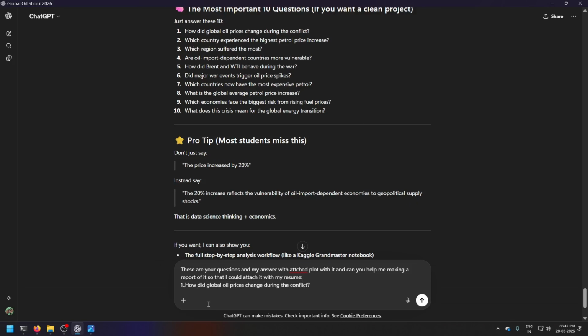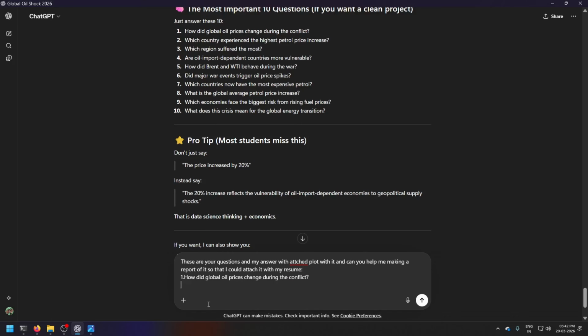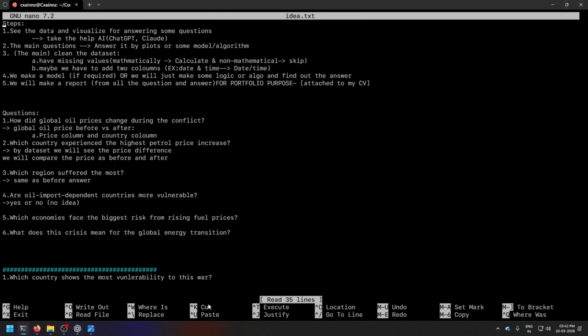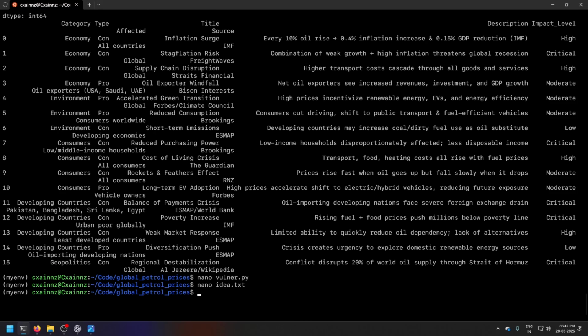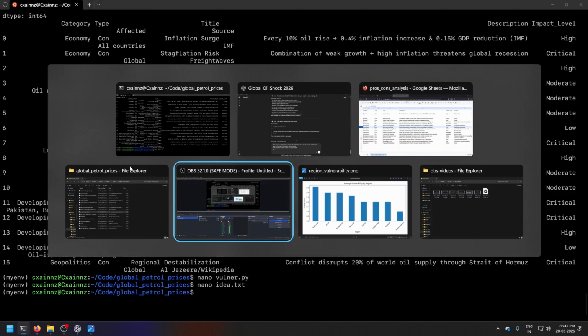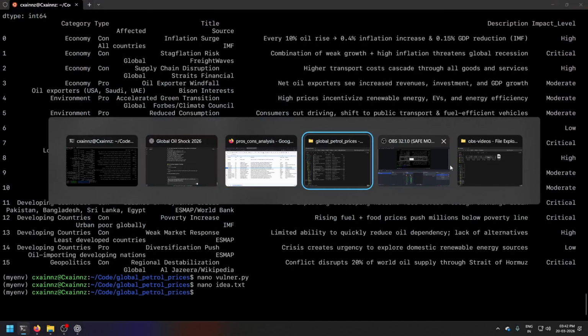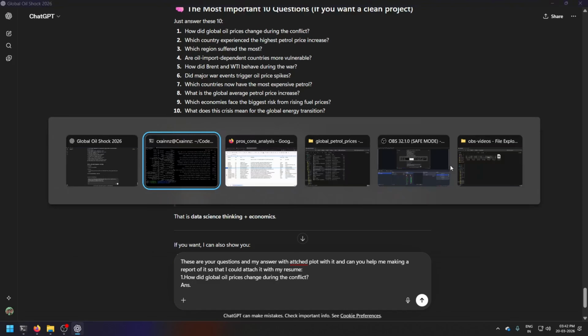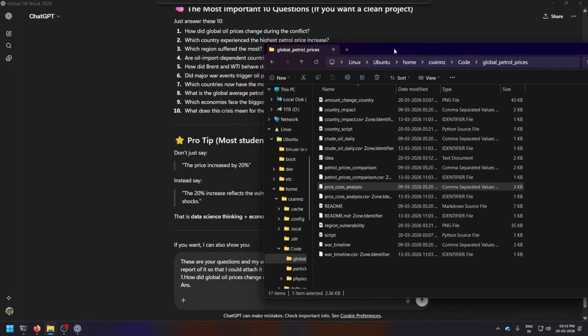Okay, so the first question was: how did the oil price change during the conflict? And the particular answer is that first graph that we plotted. So where's ChatGPT, and then I have this.